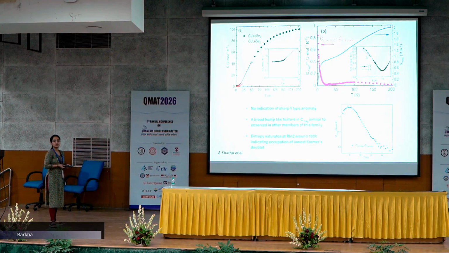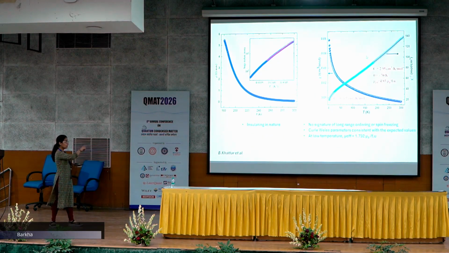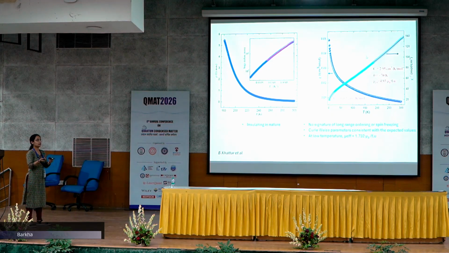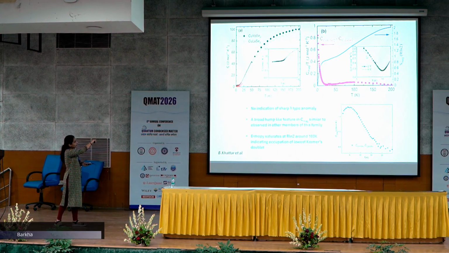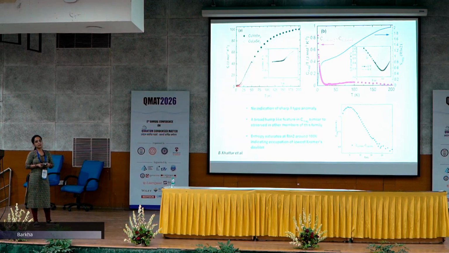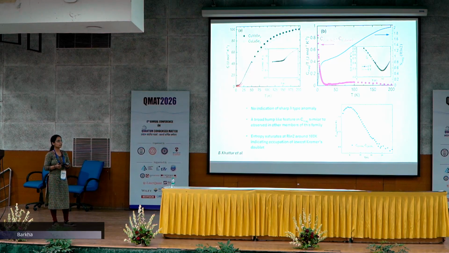Now, at low temperature, the crystal electric field effect leads to the formation of the Kramer's doublet, which is indicated by the reduced value of the moment that we obtain at low temperature, which corresponds to what we expect for spin half. Also the entropy recovered reaches R ln 2 around 50 Kelvin, which corresponds to the entropy recovered for spin half. So we can safely say that at low temperature, the system behaves as a J effective half spin system.